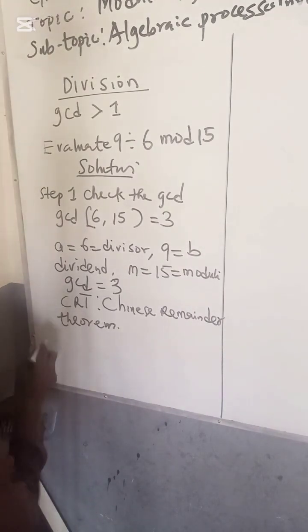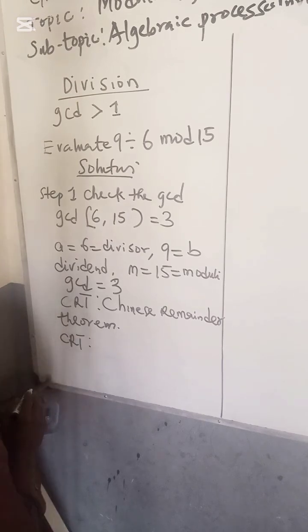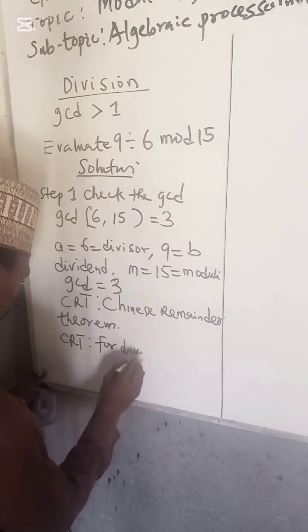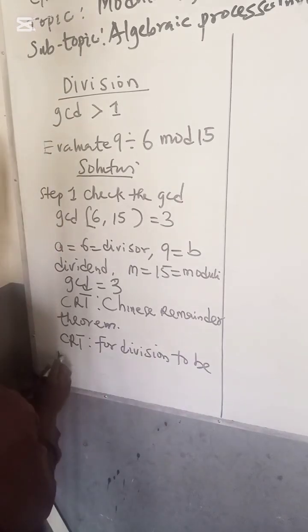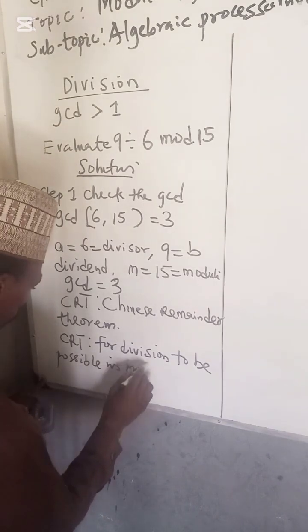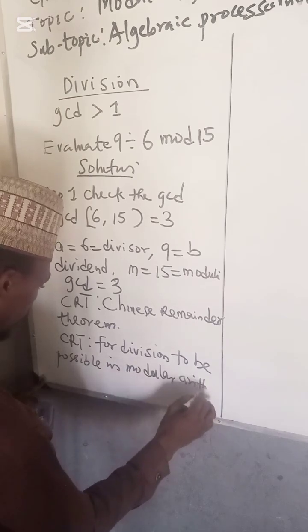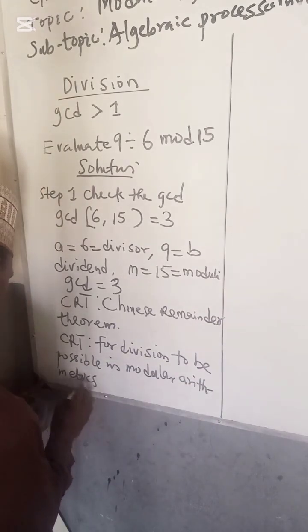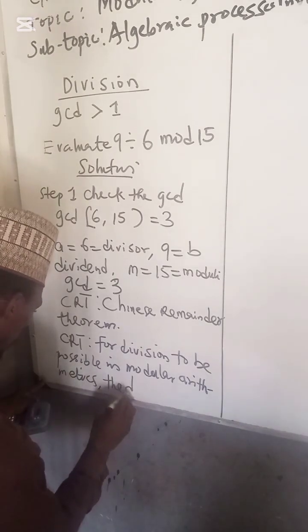It states that for division to be possible in modular arithmetic, the difference